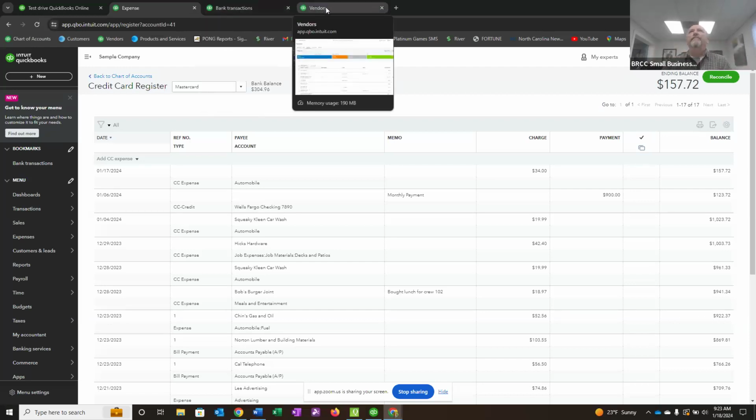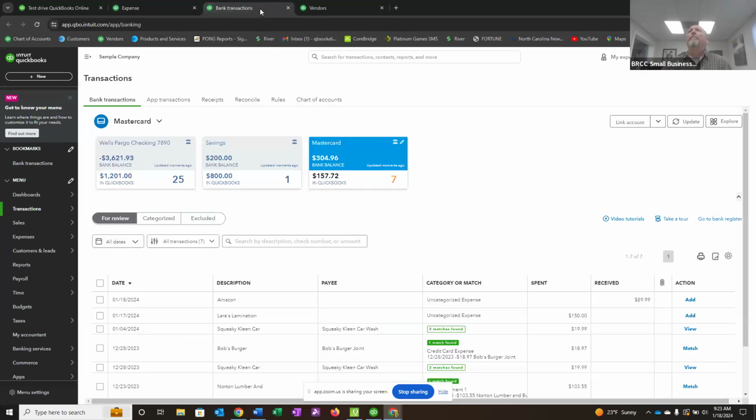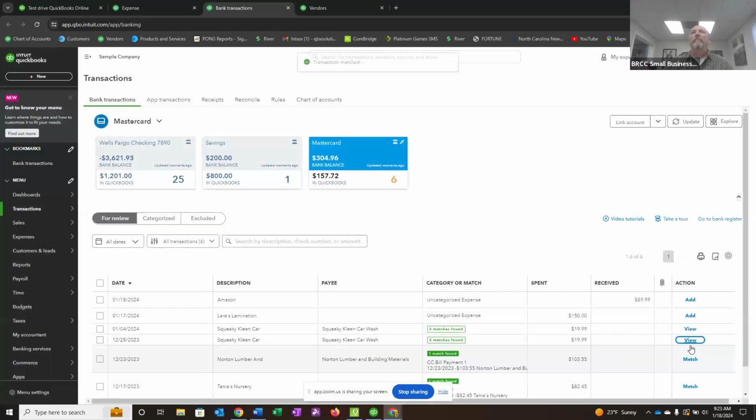So by opening up these different tabs, if you can keep it in your mind what's going on, these are really handy. So I want to go back to my bank transactions, and on Bob's Burger Joint, it says I see a match in the register already. So that's great because we need it in the register. We want it to affect our financial reports so I can see that, yes, I did go to Bob's Burger Joint. So if I hit match,